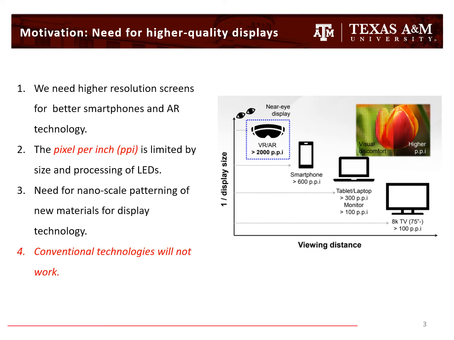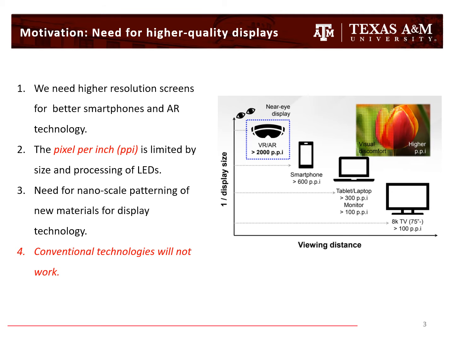In the past few years, we have seen that our displays have gone much sharper, much brighter, much higher resolution, and for that we need a much higher pixel per inch, or PPI, density. And as we are going with VR and AR headsets, which are very close to our eyes, we need much more pixel density. The conventional technologies are coming to a saturation point, and we need some alternative display technologies that can make